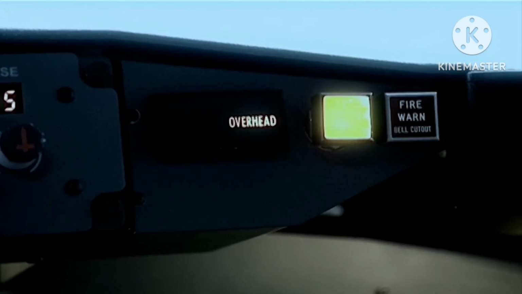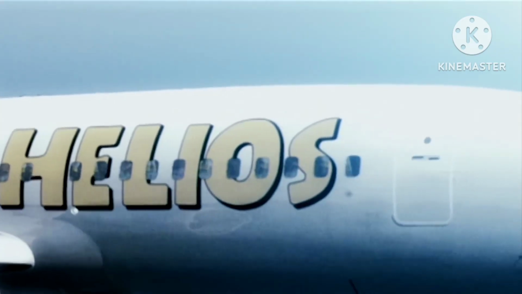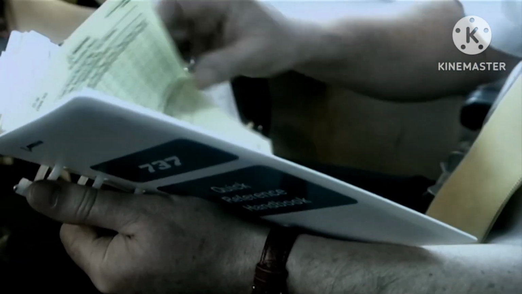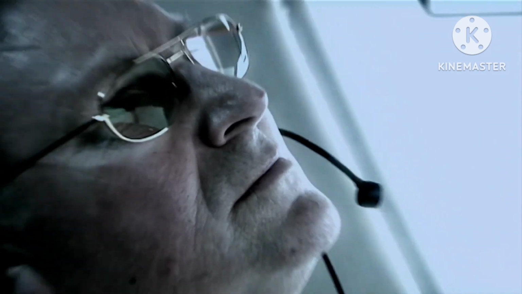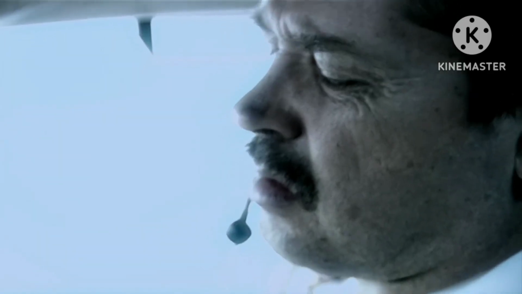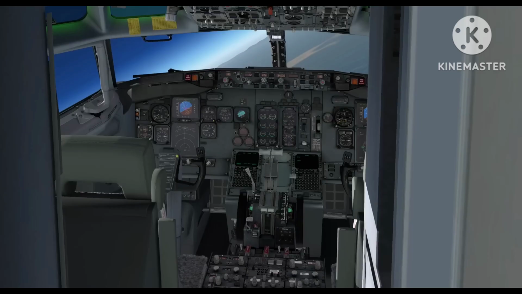This alarm is designed to alert the crew to potential hypoxia, indicating a situation where there may be insufficient oxygen supply due to depressurization at high altitudes or other conditions leading to reduced oxygen levels. It is identical in sound to the takeoff configuration warning horn, which normally signals that the aircraft is not properly configured for takeoff and is on the ground.